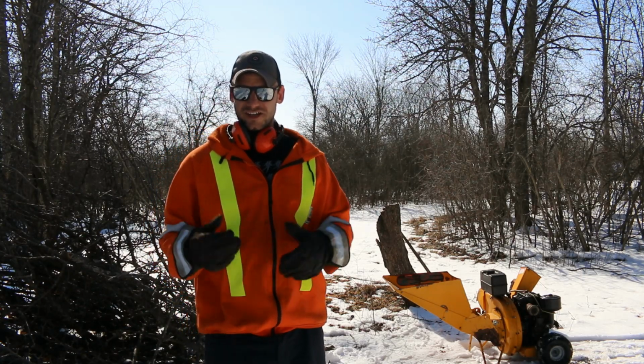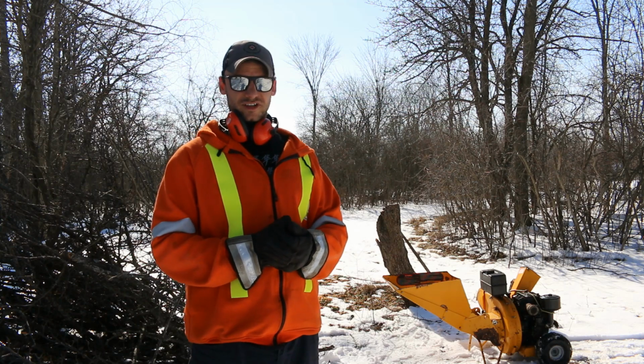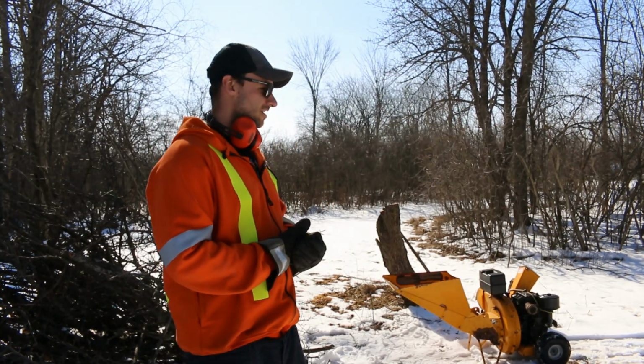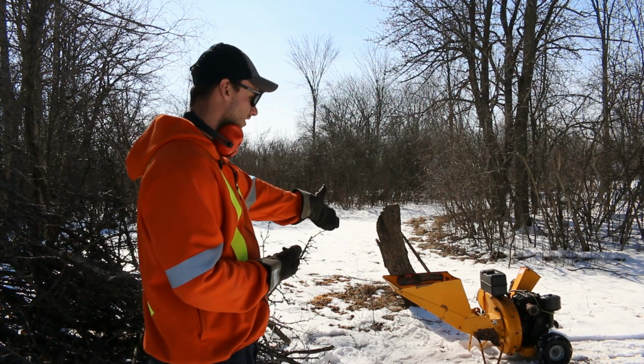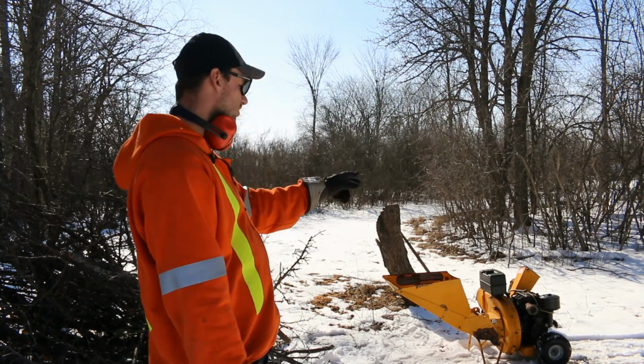All right, so we're ready to chip the wood here. I've hauled the machine all over God's green earth. Fueled up, working again. So I'm gonna chip the ironwood there, and just wanted to quickly say,